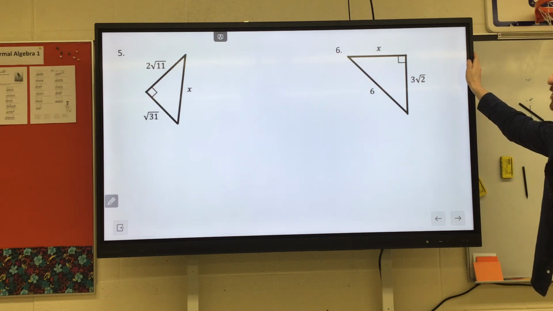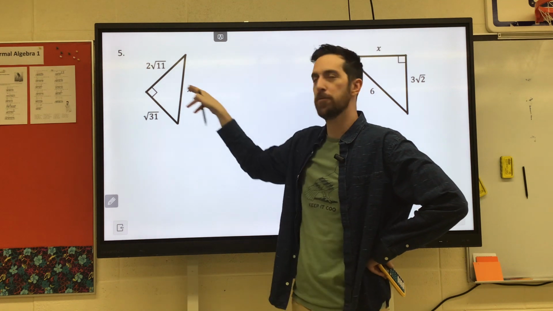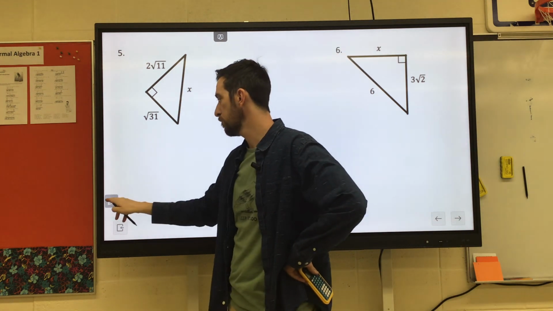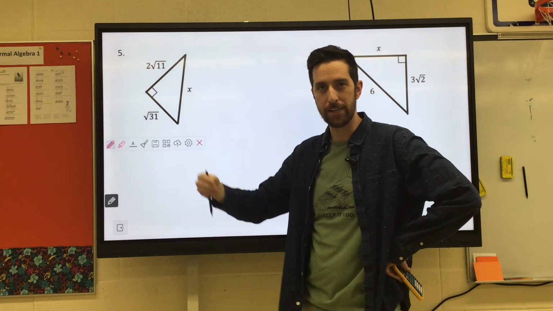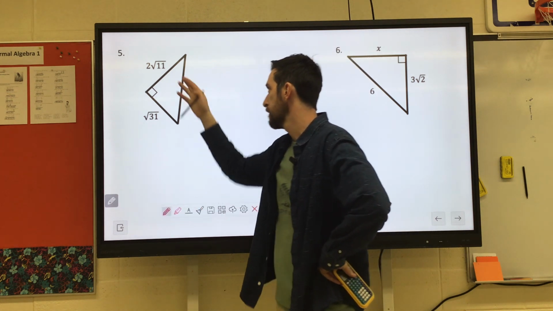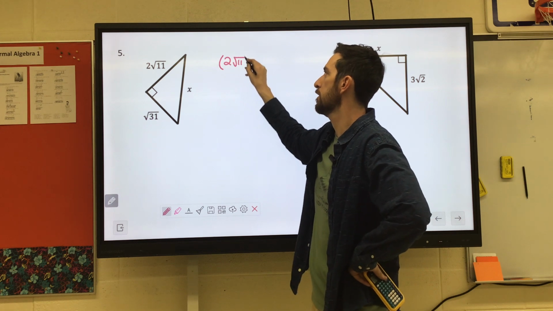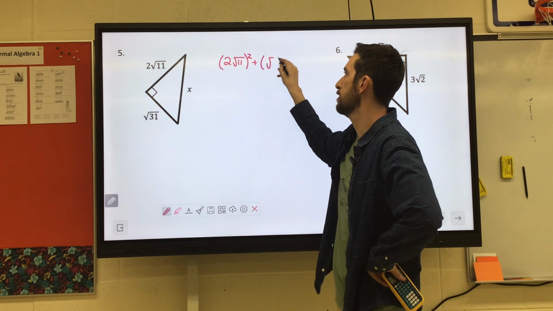All right, 5 and 6, these are good. Now if you look at 5, the missing side is across from the right angle. That means that x is the hypotenuse. So these other two will be our legs. And remember, it's always leg squared plus leg squared equals hypotenuse squared. So the way we're going to write (2 root 11) squared, we'll just put it in parentheses. (2 root 11) squared plus (root 31) squared